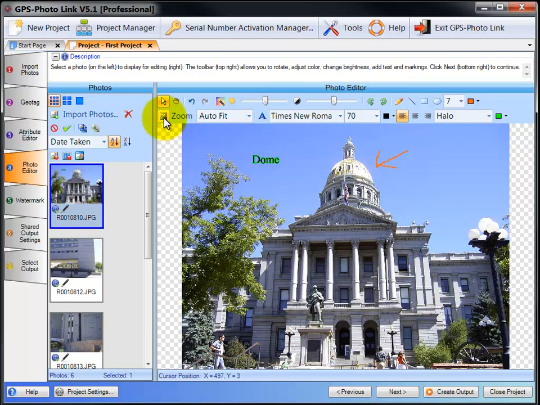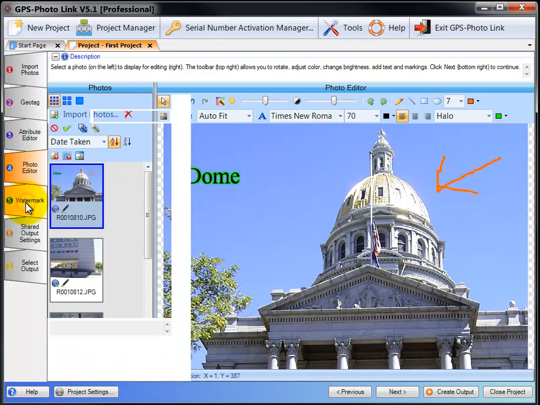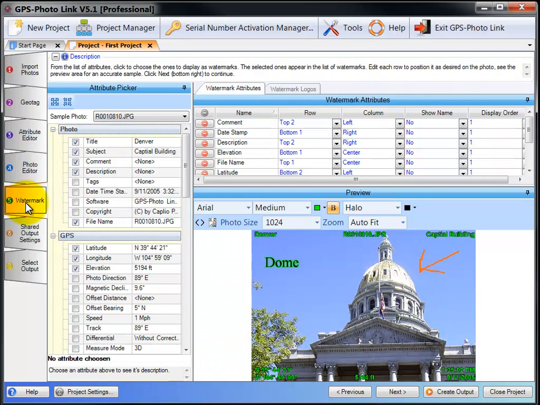Plus you can also crop the photo if you only want to highlight a particular section of the photo. The next step is the Watermark screen. This screen allows you to imprint data right on the photo itself. The defaults are set up for you automatically. If you don't want some of this data on here, you can click Remove to remove the item from the